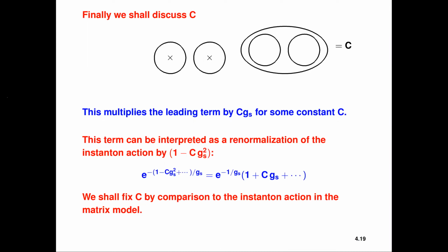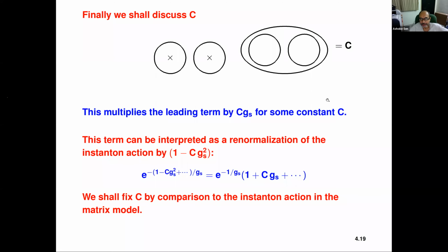I see. Well, no, there will not be a tadpole for that, because the tadpole cancels. But when you actually, for example, try to use string field theory to compute this diagram, you will find that there's an ambiguity, which is related to the fact that there's a marginal operator. That C1 C minus 1 minus C bar 1 C bar minus 1 is a marginal operator.